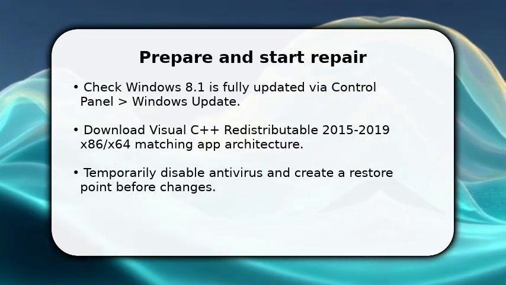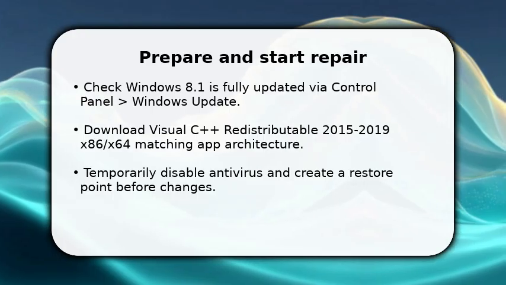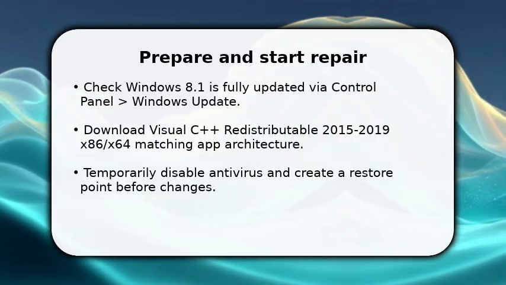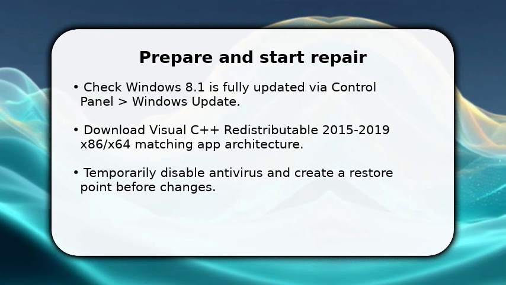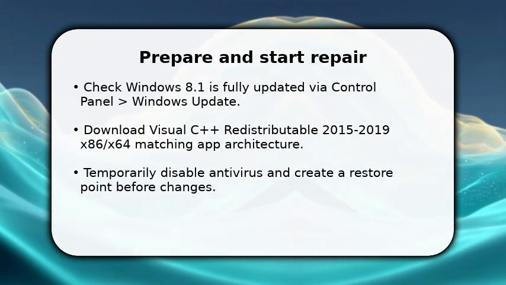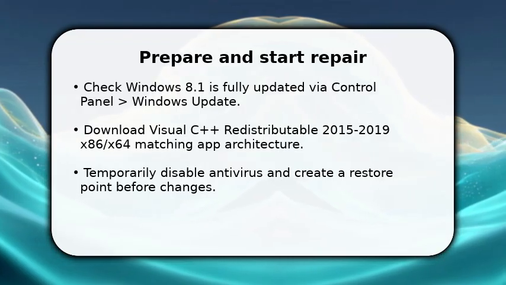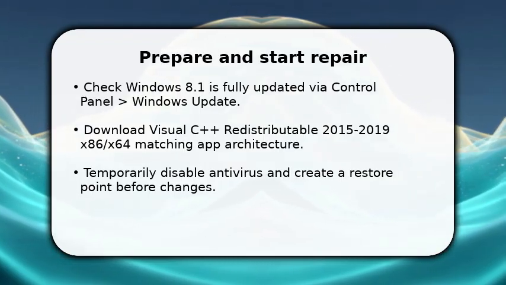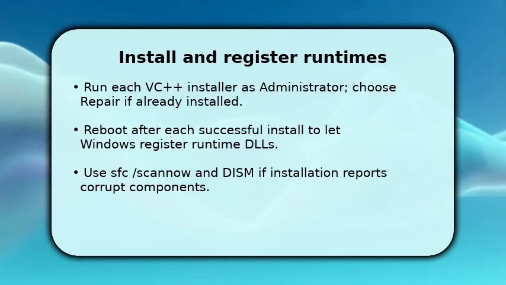Make a system restore point and temporarily disable antivirus to avoid blocked installs. Doing these steps first reduces conflict and lets the installer register runtime files properly, which is why we avoid jumping straight to copying DLLs. You now run each redistributable installer as administrator, and if the package is detected, choose repair